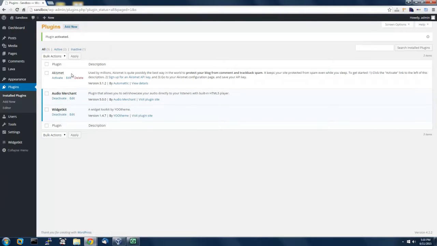Alright, then once you activate it, you can begin uploading your audio files that you're going to display in the HTML5 player, or that you want to sell or showcase, whatever your use may be. So what you want to do is go to settings here on the left hand side, and now you should see a new link here that says Audio Merchant. So you're going to click there, Audio Merchant,